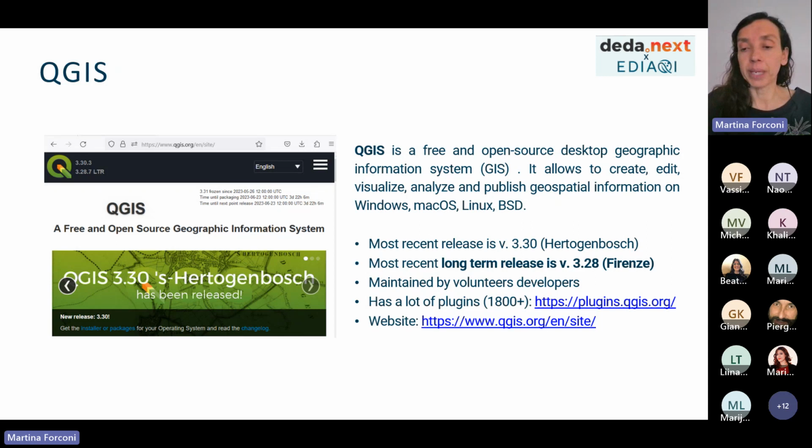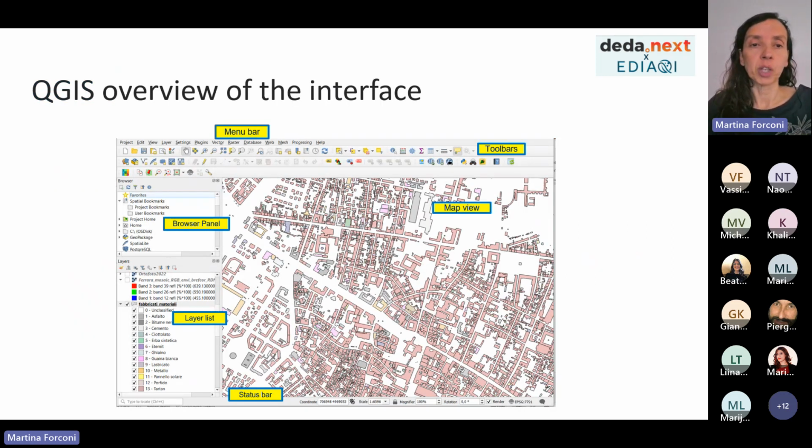QGIS has a lot of plugins. This is an overview of the interface that later we will see together. There are a menu bar and some toolbars. The main part is the map view, a browser panel, and a layer list that you can add to the map view.